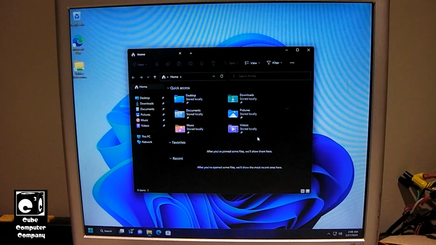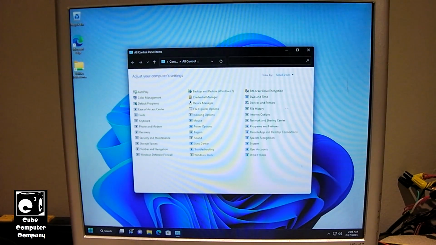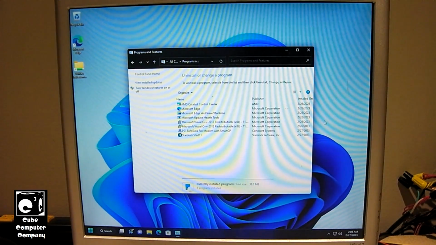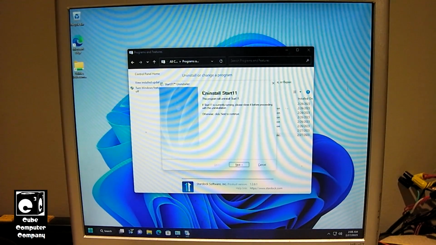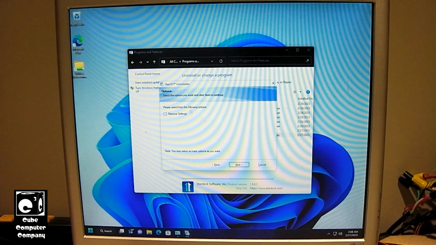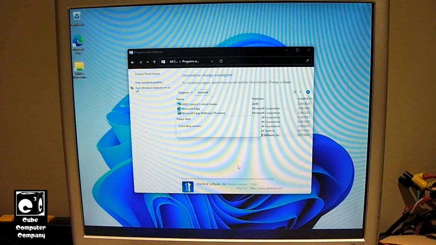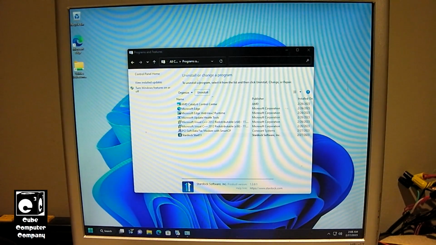Okay, so I'm going to go ahead and uninstall this application. So we'll go to Programs and Features, and we're going to go in and uninstall this. I don't need 30 days to try it. I think 15 minutes is enough for me. Okay, so now, once it's done,